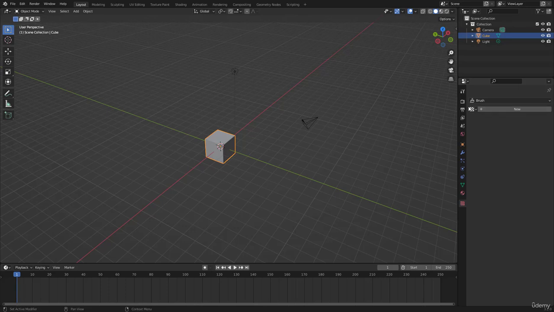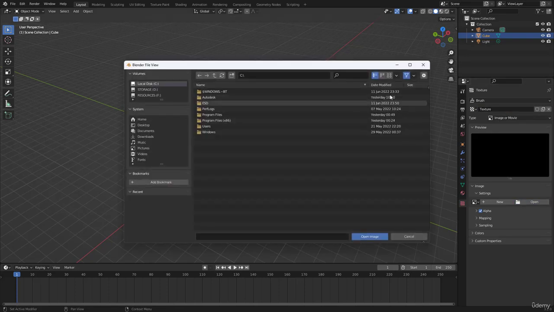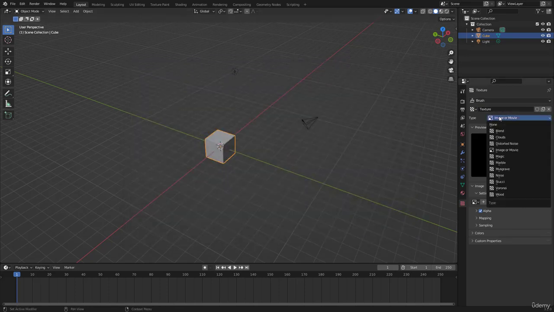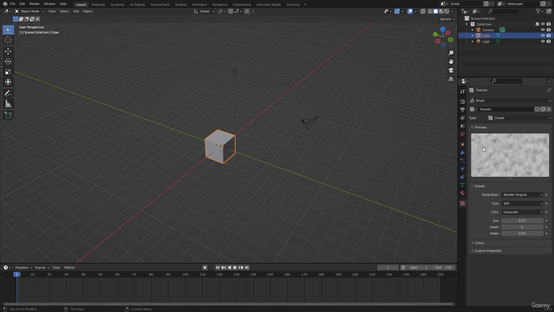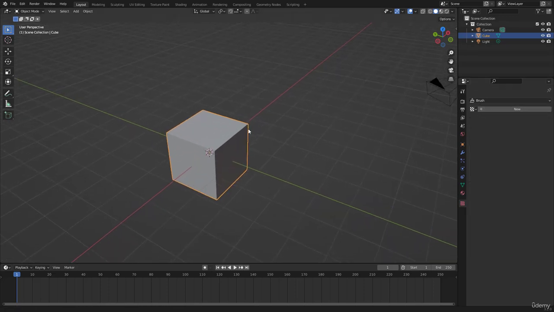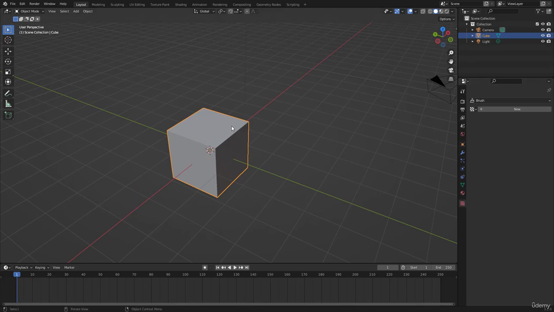So let's move on, and this is texture properties. We can import textures into Blender, or we can create new textures. For example, you can open and import from your storage, or you can create your own textures here, and you can work with this. So this is what the properties editor is. And now we will look at